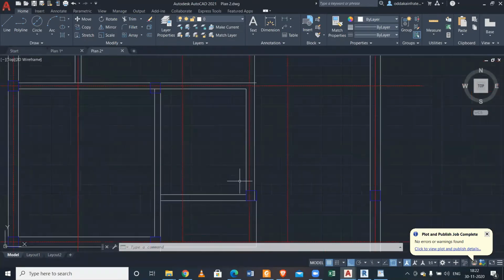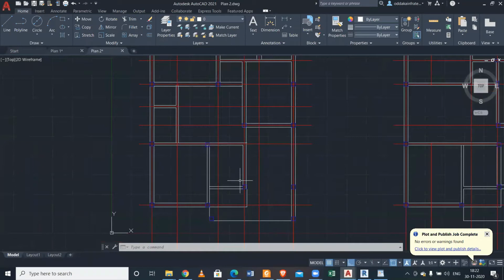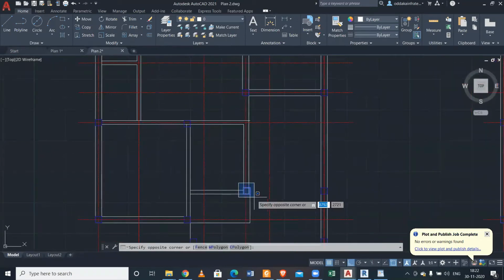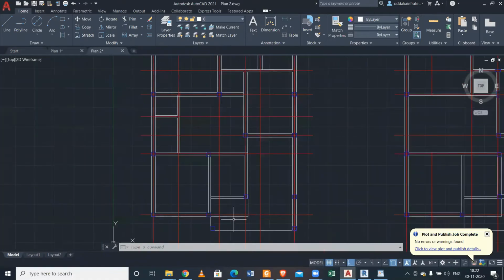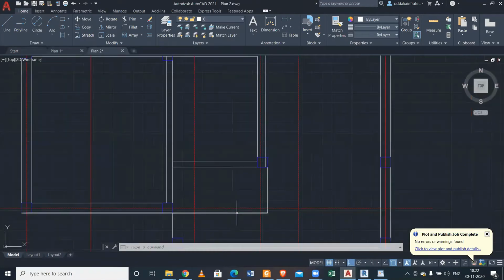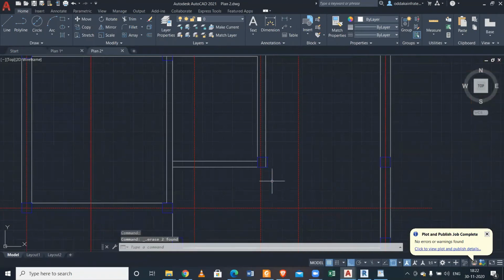So this column can be moved. I think this column, where the cursor is. If this is not in the same line, we can change the dimensions of this. We can reduce this a bit so that the column can be moved to this side, but this will be a single thing. And this beam we don't require. If there's any wall here? I don't think there's any wall here. There's no wall. It's a bar.